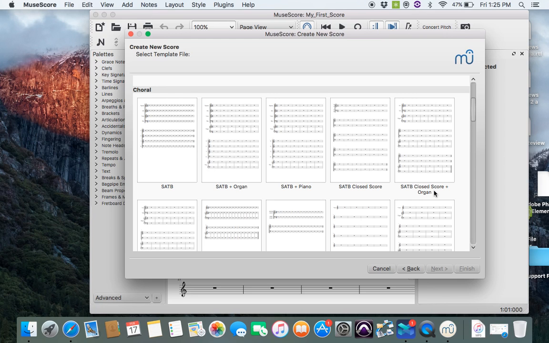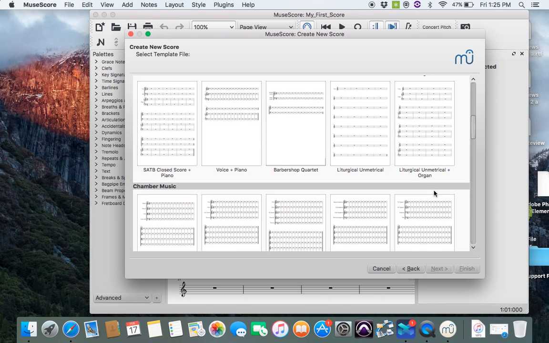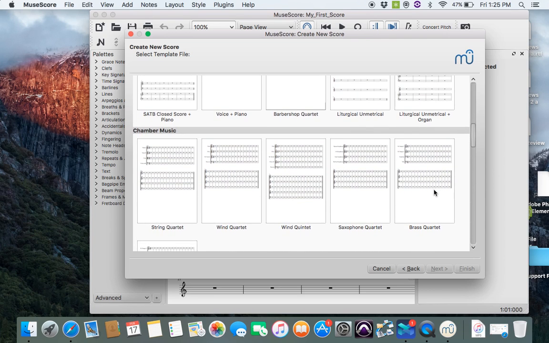Sometimes you don't want it bracketed or braced, you just want an open score. SAT closed score plus piano, that breaks it up into 2. The first system is going to be SA on top and TB on the bottom plus piano on the bottom of that. Or you have voice plus piano, barbershop quartet, liturgical unmetrical, which is basically an unmetered score pattern,